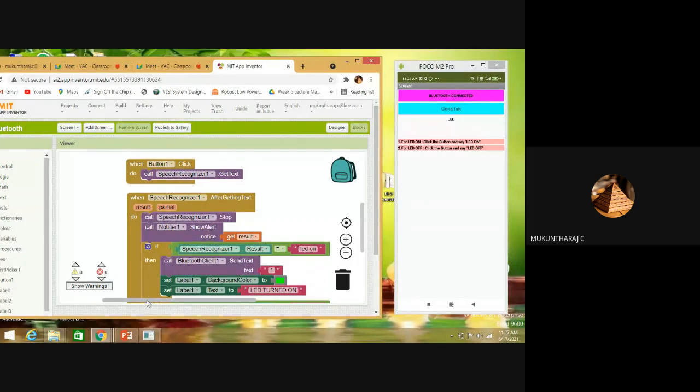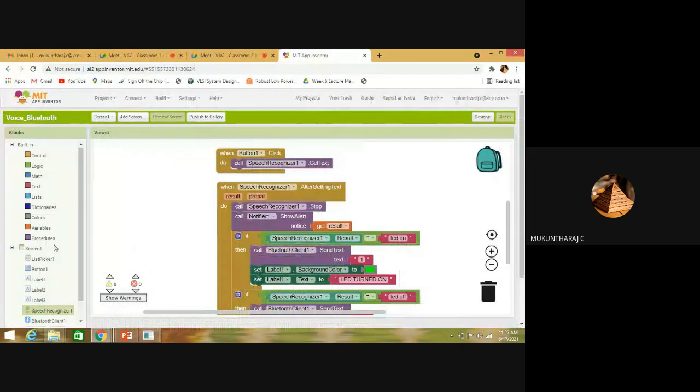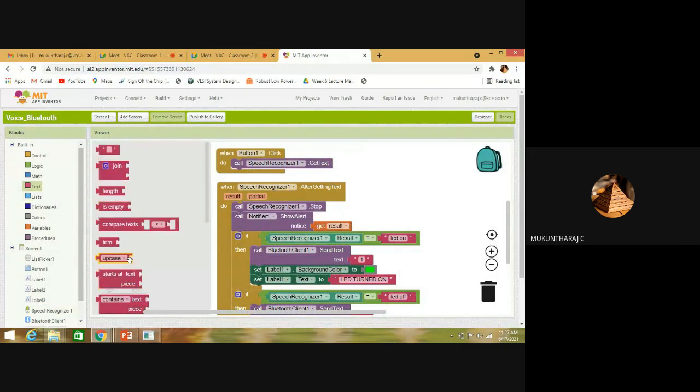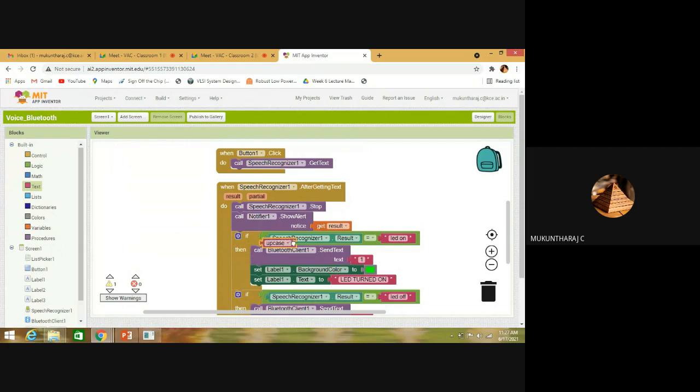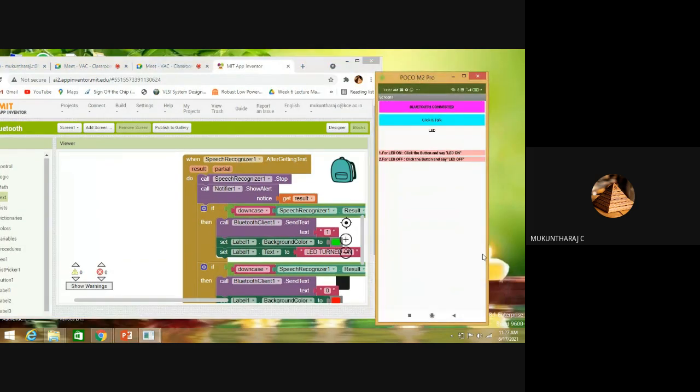So for that, what we can do is go to text. In the text we can see upcase. We can place it here so that we change it to downcase. Correct? This is what we did yesterday, right? The thing worked fine, right? So I can replace here. We will check now whether the thing is working or not.